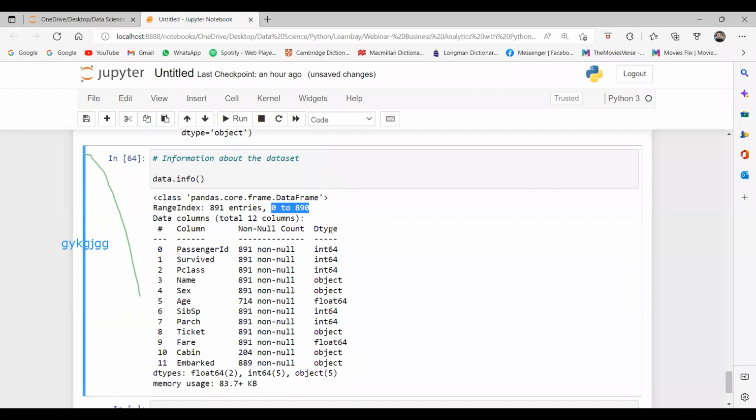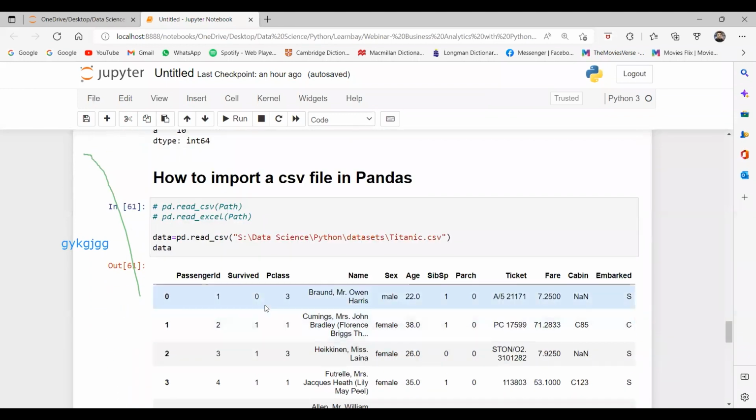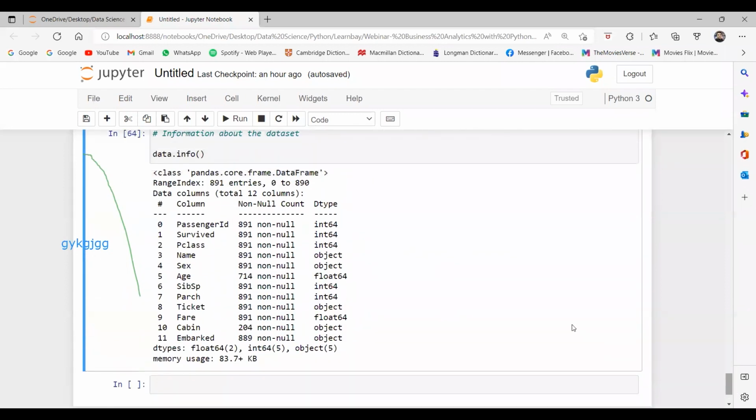Can we search for a specific number or a name? Like you want to get any particular column, right? Yes, I will come to that. Or particular values on the basis of some condition, for example, you want to get the details of all the males or females, or a single person, or how many males survived or how many females died. Yes, we can do all those things. We will come to that.